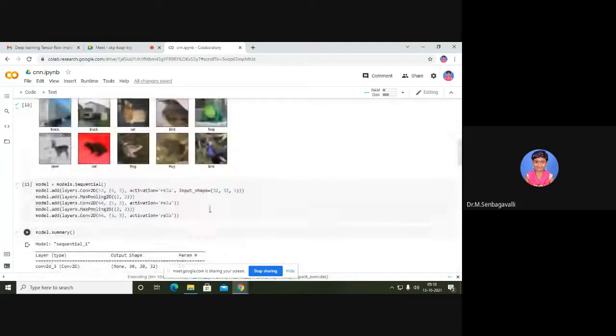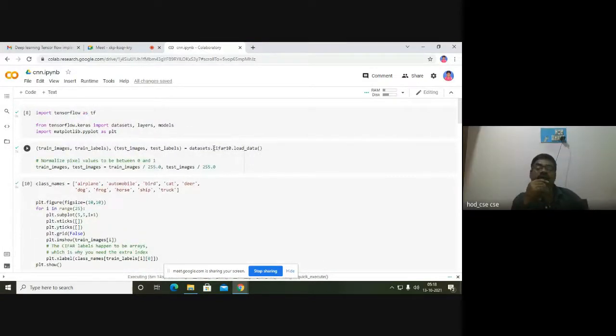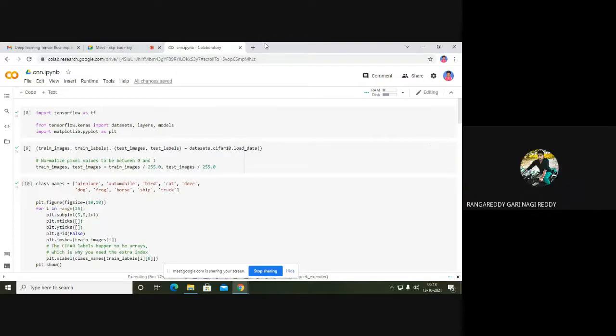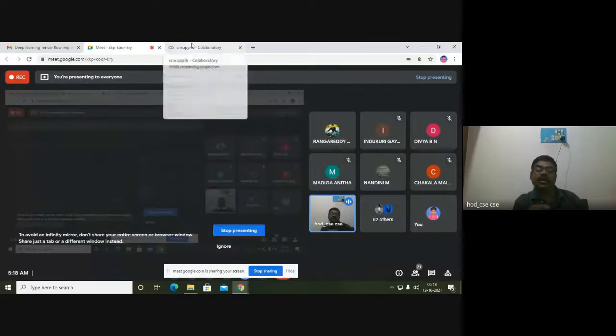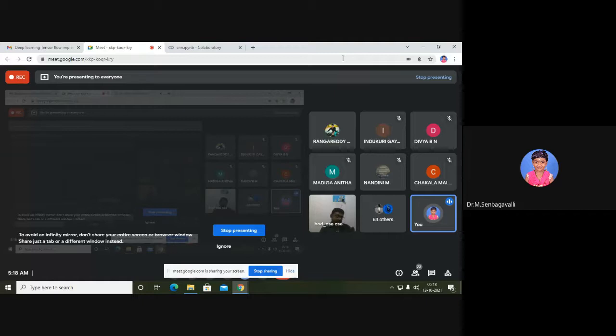You just see the code here. This is not a data set file. As per the session, you can create and load the file. You can download the image files and load them into that folder. Then you use the load data function, and it will be loaded into the application.